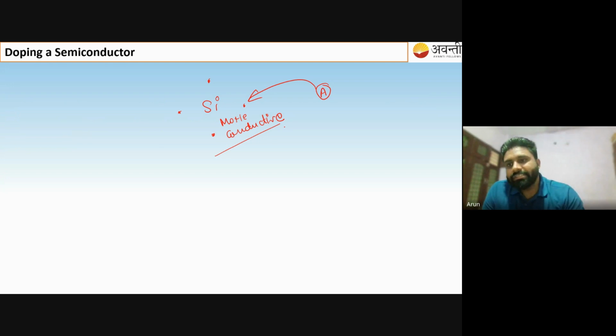If you were the engineers at that time facing that issue, what should come first to your mind? The problem is less conductivity, and you have to make it more conductive. More conductive means, providing the same energy at room temperature, we want more electrons in the conduction band. So as an engineer or physicist or scientist, your role is to increase the number of electrons in the conduction band.